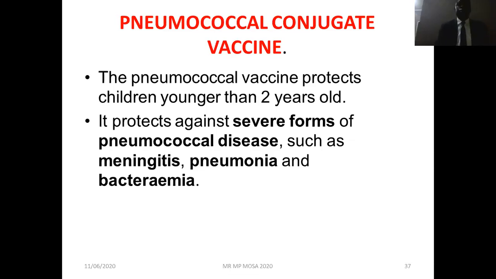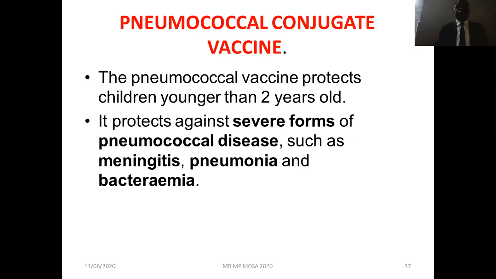Let us look at the pneumococcal conjugate vaccine, abbreviated as PCV. The pneumococcal vaccine protects children younger than 2 years old. It protects against severe forms of pneumococcal diseases such as meningitis, pneumonia, and bacteremia. So this vaccine is very effective in children who are less than 2 years, and it protects them from these severe infections such as pneumonia, meningitis, as well as